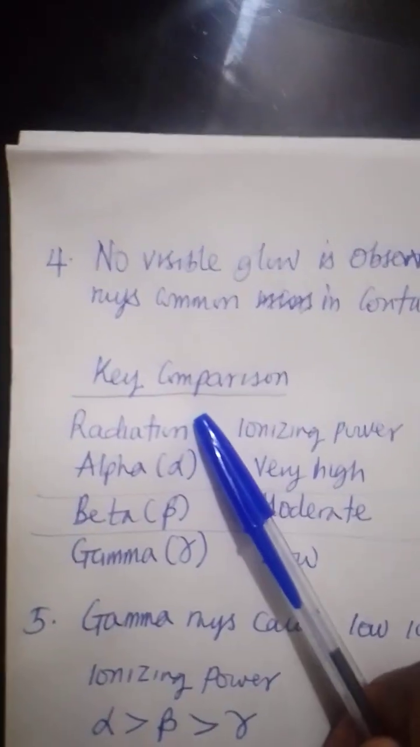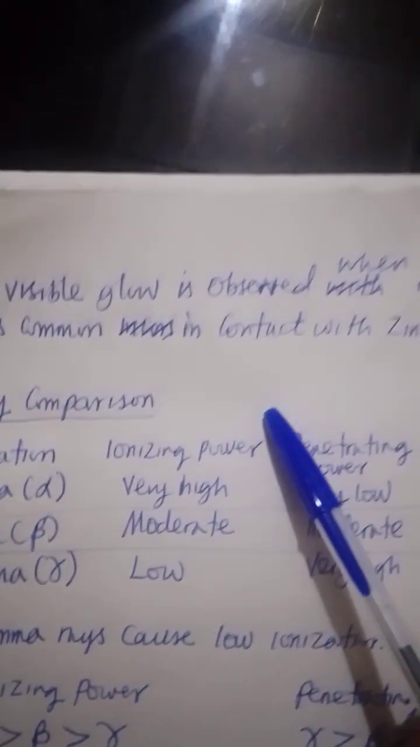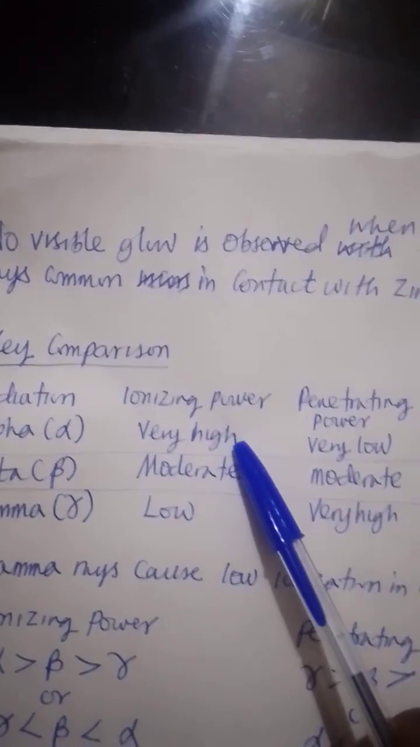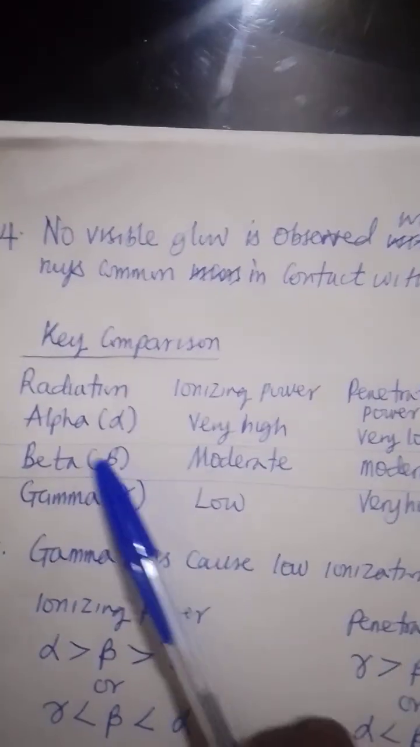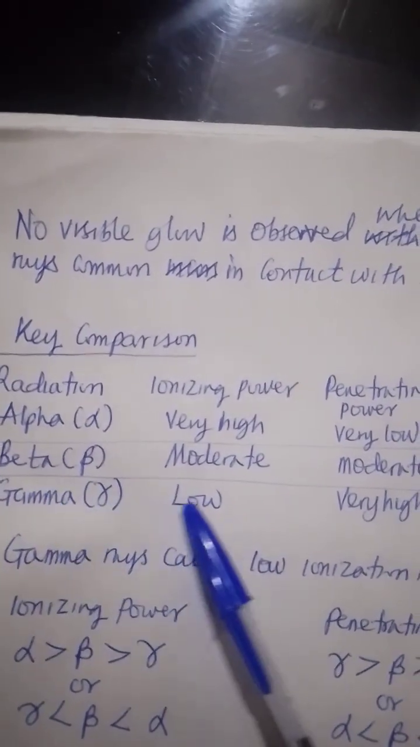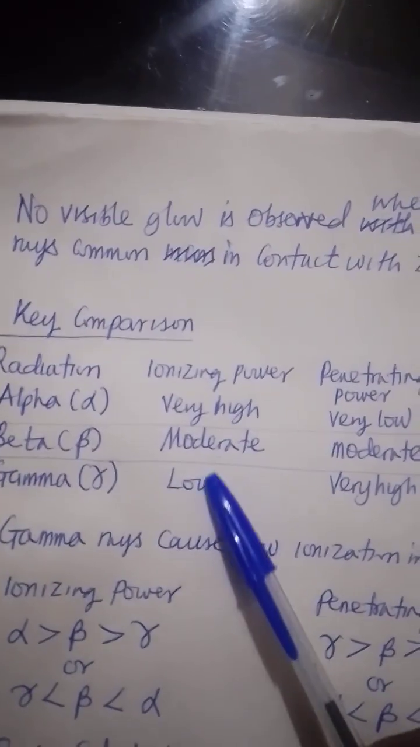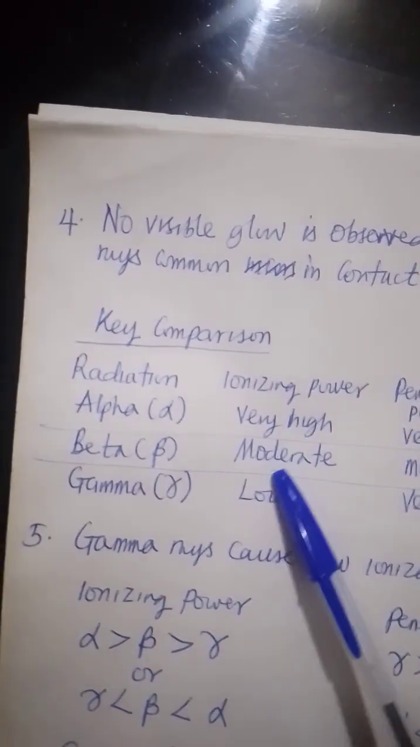Let's see key comparison. The radiation we're looking at is alpha, beta, and gamma. The ionizing power, alpha particle has the highest, very high, followed by beta particle, moderate ionizing power, and gamma rays, low ionizing power. So in terms of ionizing power, alpha particle is the highest, followed by beta particle, and lastly